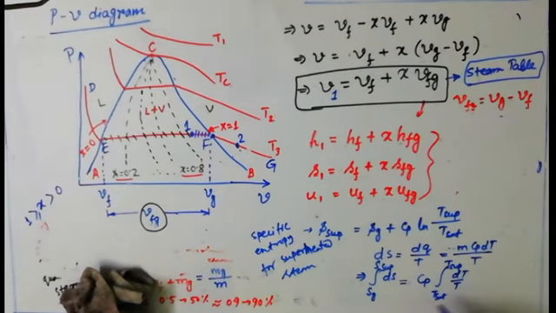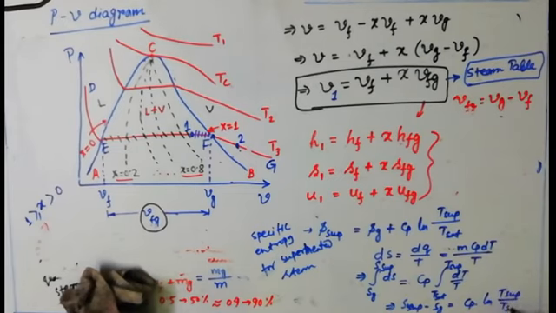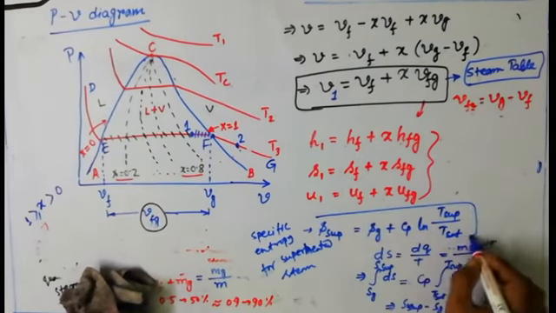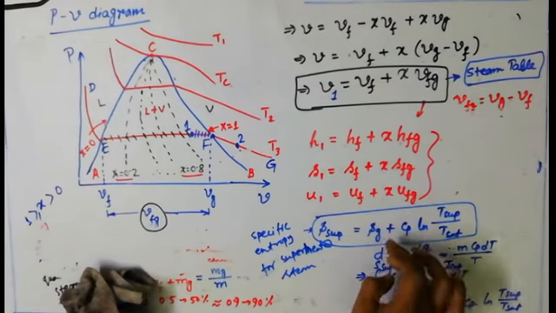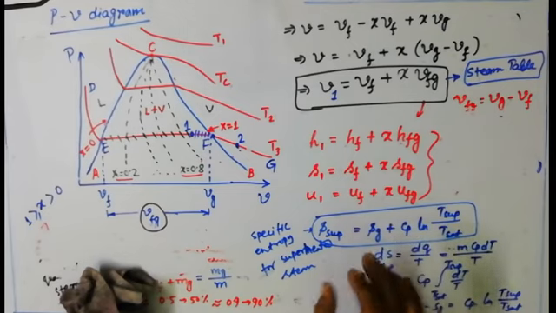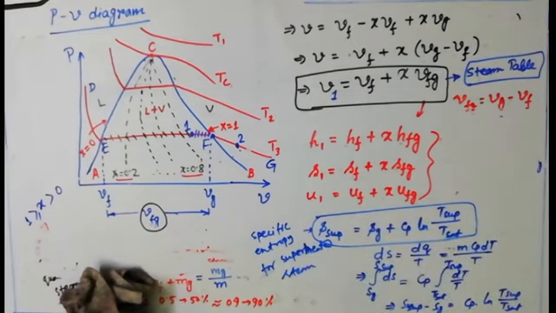Now if we do the integration, it will give you S sup minus Sg equals Cp into natural log of T sup by T sat. If you rearrange that equation, it will give this particular form: S sup equals Sg plus Cp ln T sup by T sat. That formula will be used while you are trying to find out the entropy for a superheated steam.